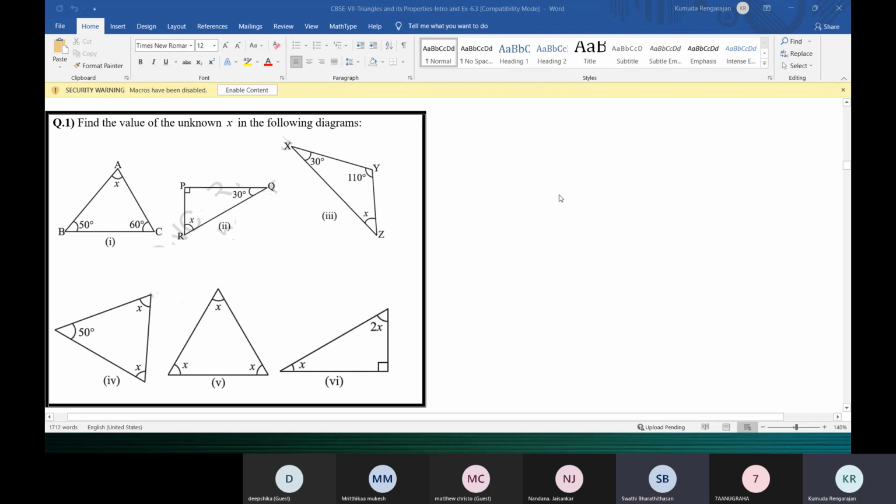Yes, Swati? Yes, ma'am. Ma'am, here the third angle is marked as a square, it says that angle is 90 degrees, ma'am. Perfect. And if we solve that, 2x plus x plus 90 is equal to 180, ma'am, as the angle sum property. And then 2x plus x is equal to 3x, ma'am. So 3x plus 90 is equal to 180, ma'am. And if we transpose this 90 to the other side, we get 3x is equal to 180 minus 90, ma'am, which results in 90. So 3x is equal to 90, ma'am.